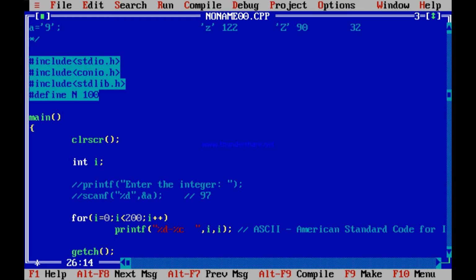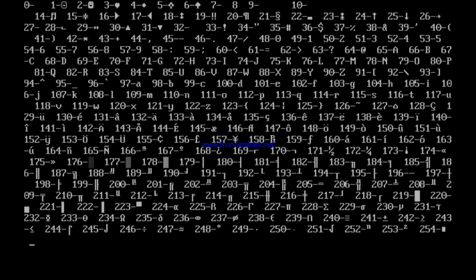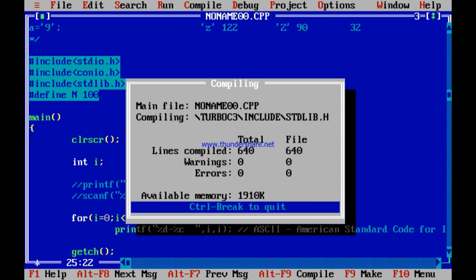So suppose over here, for i equal to 0 and so on, let me tell you how long these characters will continue. It can continue up to 255. You run it. See, up to 255, something or the other is printed. I have written 250, less than 255, so less than 256 will work. Run it.